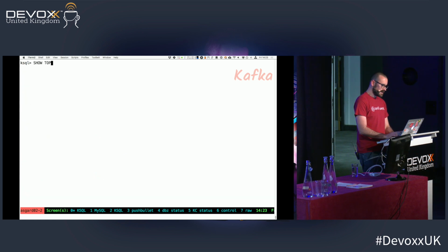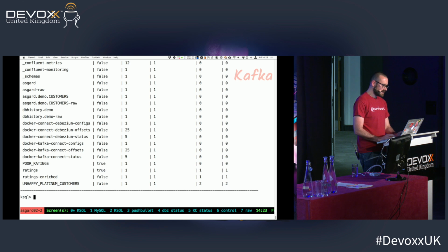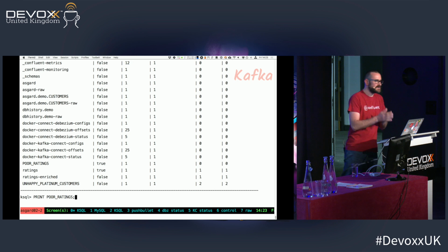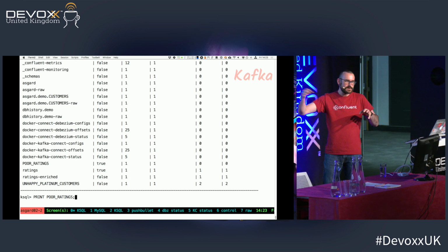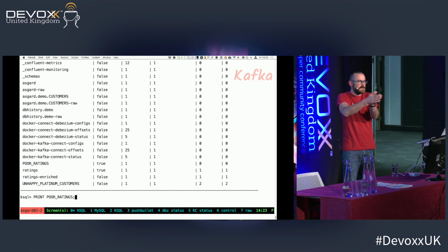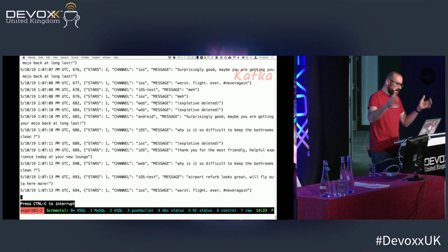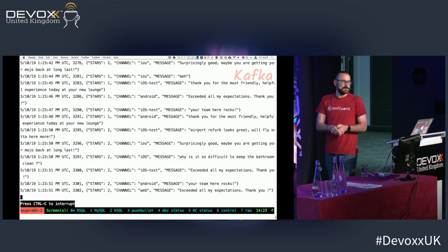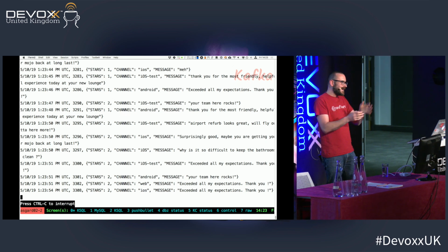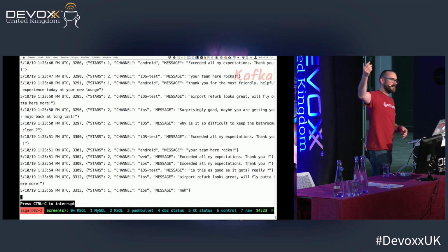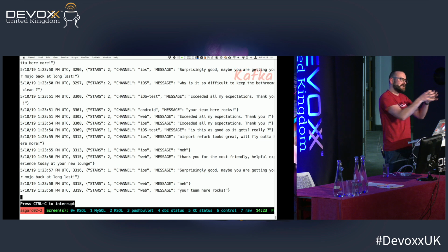If I say show topics, it says, OK, here's your topics. There's a topic called poor ratings. If I say print poor ratings, it should just print this topic. We're not doing schemas or SQL or anything. We're just saying print this topic. Just be a Kafka consumer. Print this topic. It says, OK, here is your topic that you are populating with all of the data that you asked for, and as the messages arrive, they get filtered, and if they match the predicate, written to this